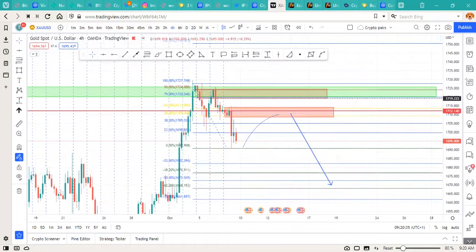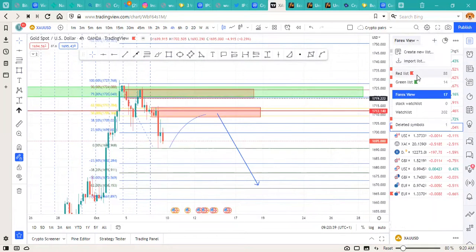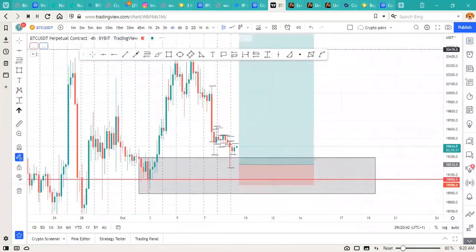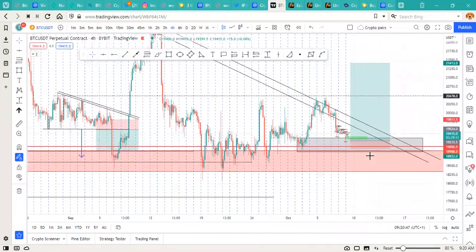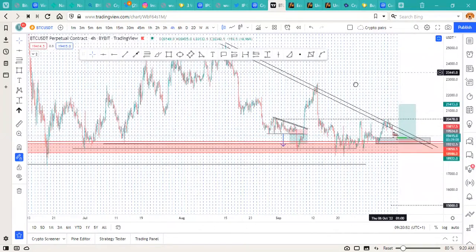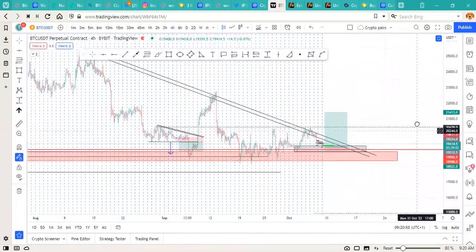Then the last on our list for today is the mother of all cryptocurrency, which is Bitcoin. So from the structure I can see on Bitcoin, Bitcoin is creating what we call a bearish wedge. This is a 4 hours, but you see on a larger picture, it's creating a bearish wedge, respecting this resistance point, one step at a time. So from this point now, based on the structure I see,